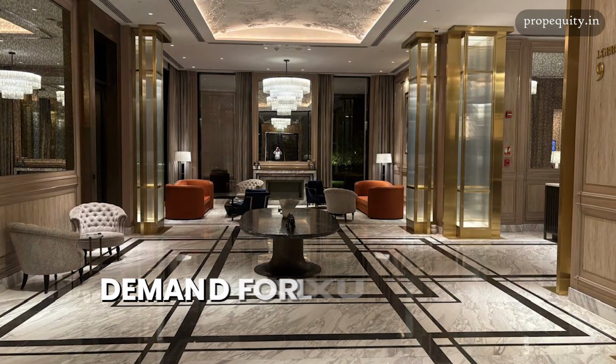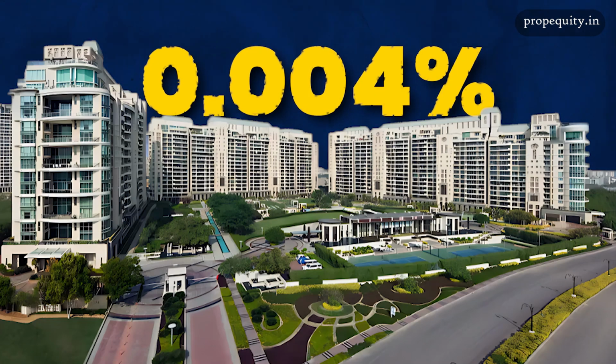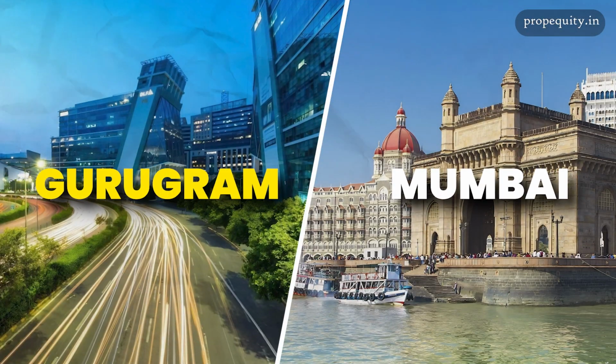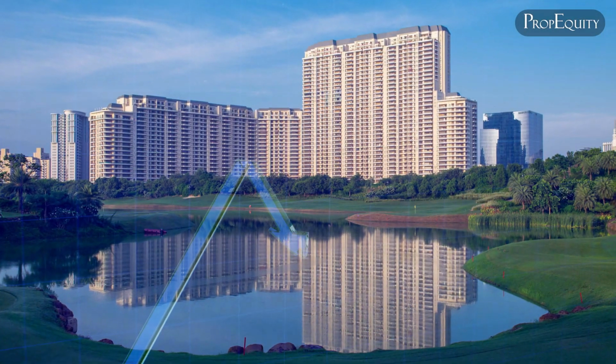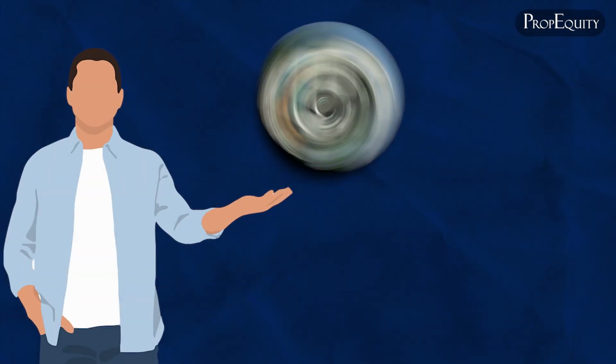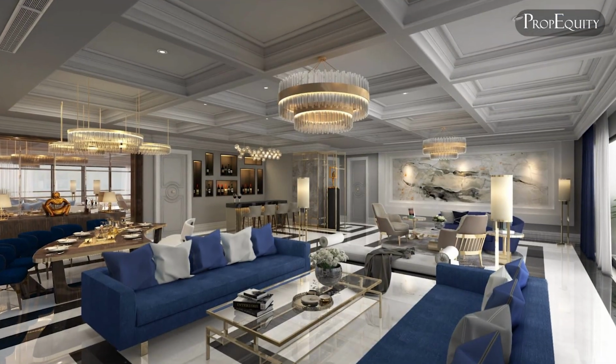The next point is about the demand for super luxury homes. Super luxury properties make up a tiny fraction of the market, just 0.004%, and cater to the world's wealthiest individuals. In cities like Gurugram and Mumbai, demand for these high end apartments is huge. In fact, even home buyers in Delhi who once preferred standalone bungalows or plots are now opting for luxury apartment